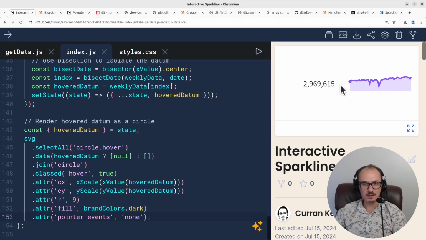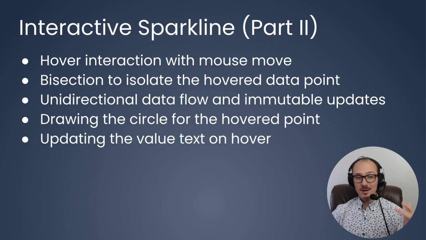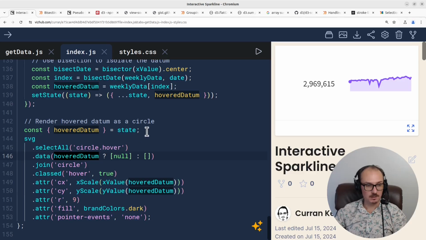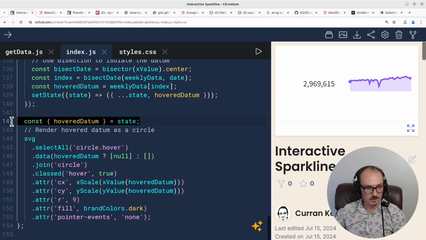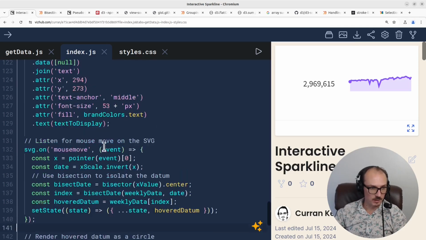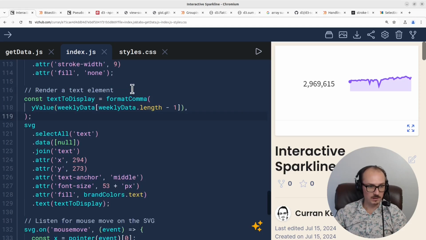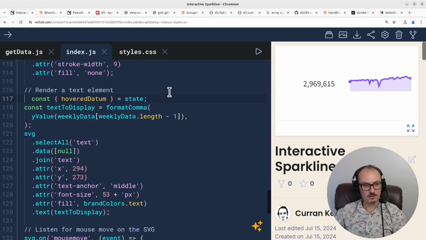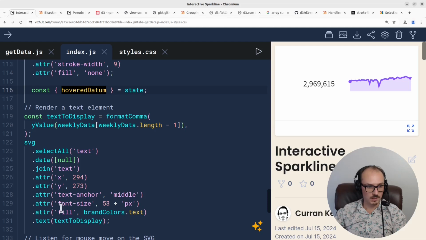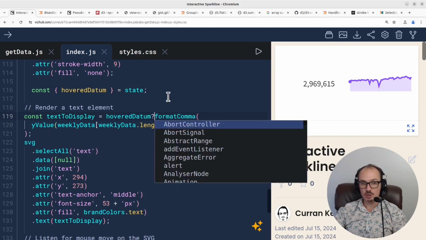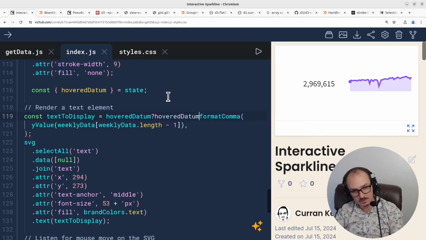Maybe now let's update this number. I mean, that's very low-hanging fruit as a thing to do next. Time to update that label text. See, now that we have hover datum, we can use this in the code above, namely this text stuff here, and say, all right, our text to display is, do we have a hover datum? If so, it's going to be